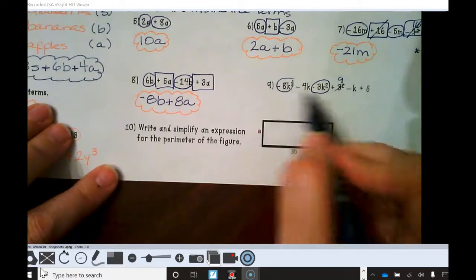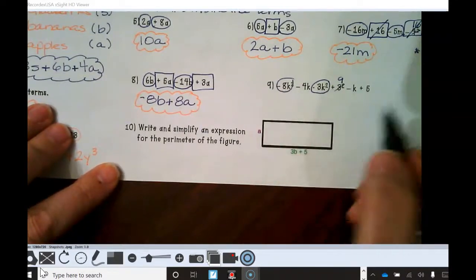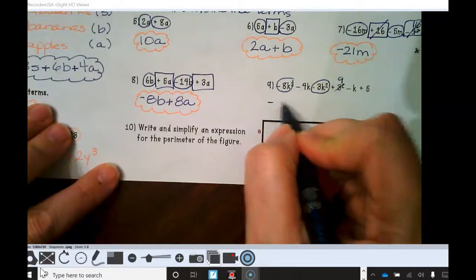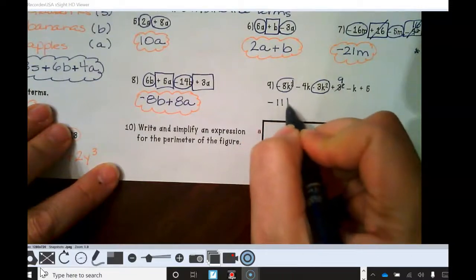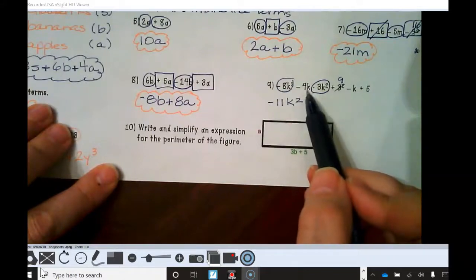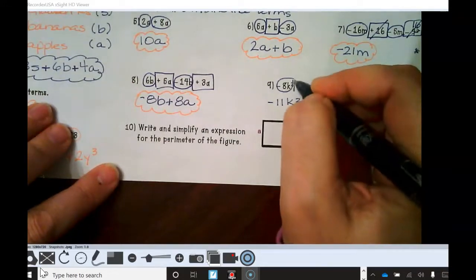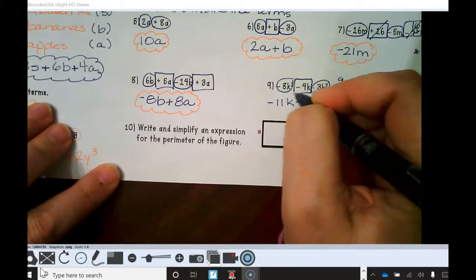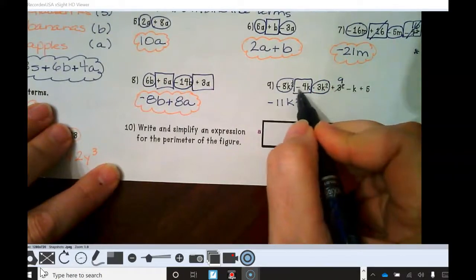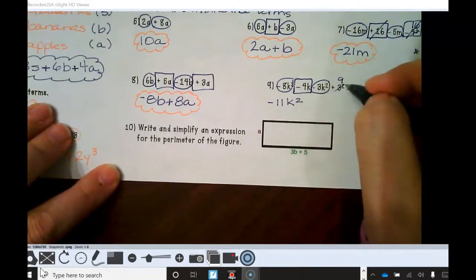All right, combine these two, so we have the same sign. You're going to add and keep the sign, so that would be -11k squared. Now move on to your next term. We have plain k's and plain k's, so those will be like terms. Remember, use a different symbol, and you're going to make sure you include the sign in front of the number. So we have -4k